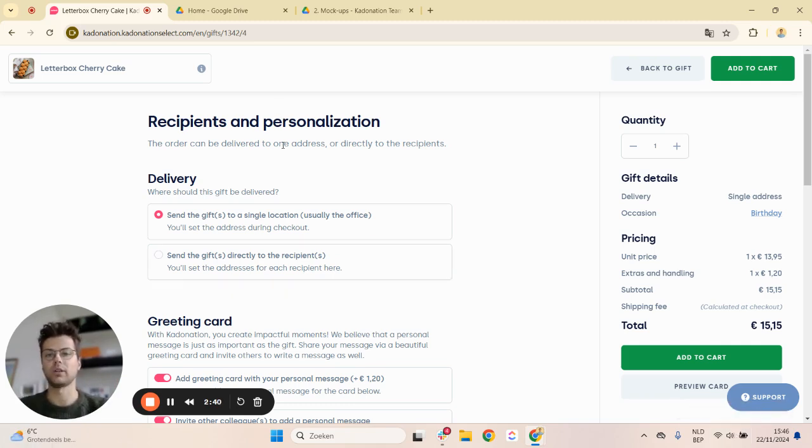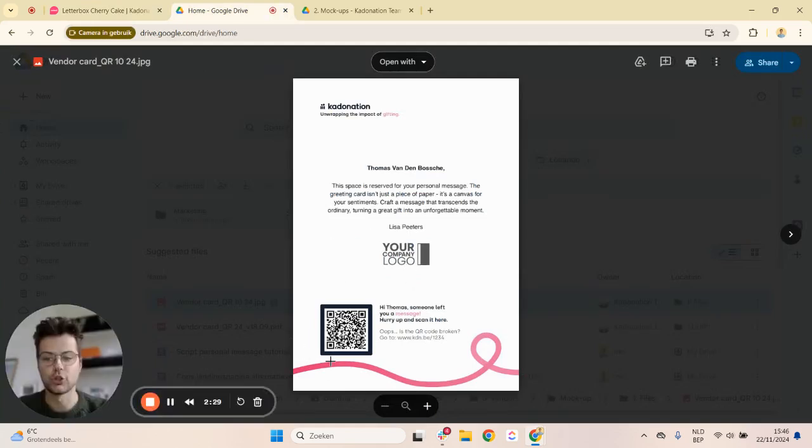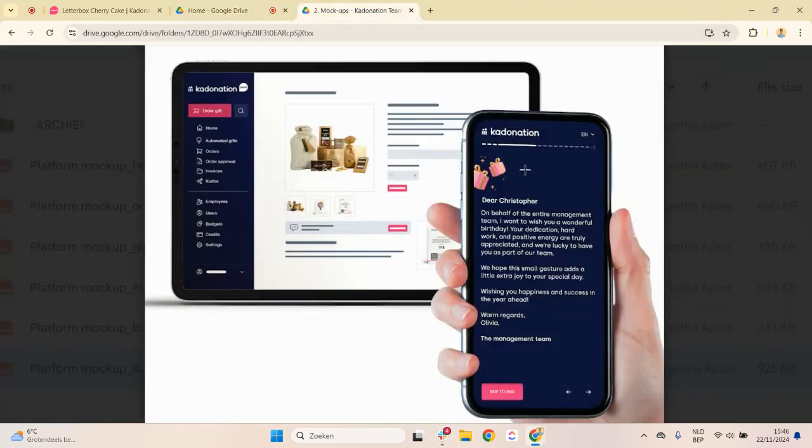Now, how will the person receive these messages? Well, we pimped our classic physical greeting card or wish card right here, and we added a QR code. Thanks to this QR code, the person who will receive the gift will be able to scan it, and they will see a very cool interface with all the different messages lined up alongside each other. And with this new feature, we hope to make your gifting even more impactful,